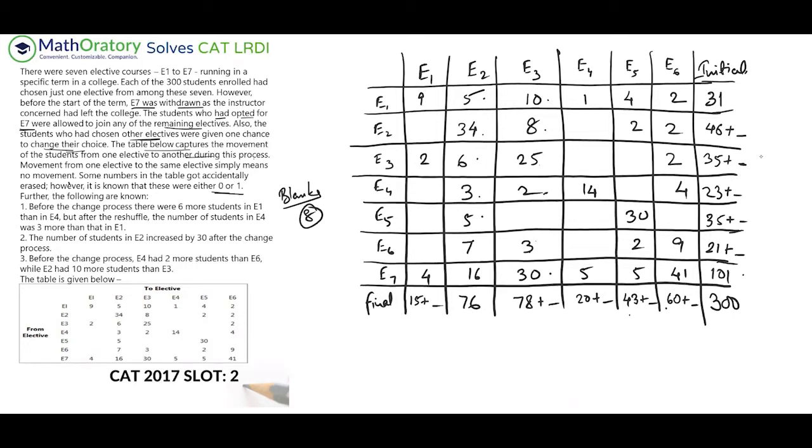We already know there are 8 to be filled, right? Because till now the total that we are getting is 292. So the blanks are to be filled by 8. So this is not the count of blanks. This is the amount the blanks add up to. But how many blanks do we have? So we have 1, 2, 3, 4, 5, 6, 7, 8, 9, 10, 11, and 12. So we have 12 blanks.